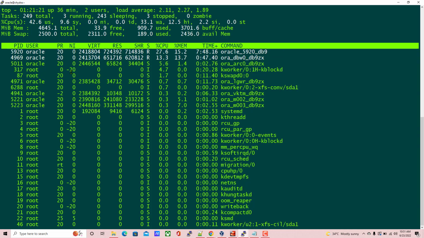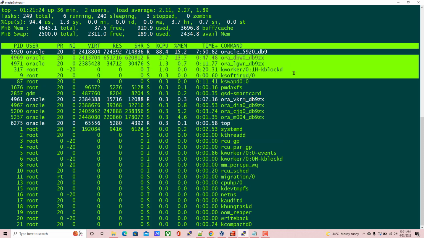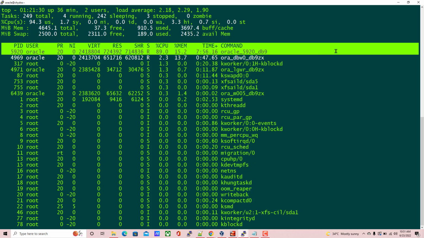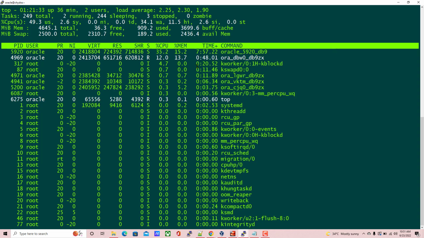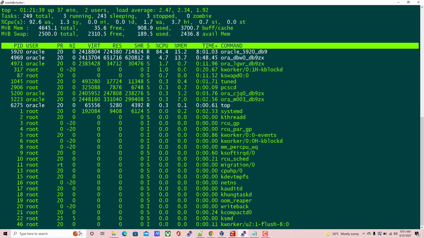Okay. So sometimes there may be some processes which immediately come up and go down. Those processes you can ignore, but you can see 5920 is the only process which is consistently consuming high CPU, right? You can see that. It's not even going down. But if you see other processes,